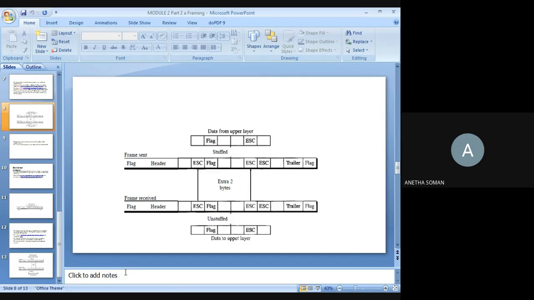Both of these processes are done with the help of a special byte called the escape character. So if the escape character is part of the text, one extra escape character is added to show that the second one is part of the text itself.